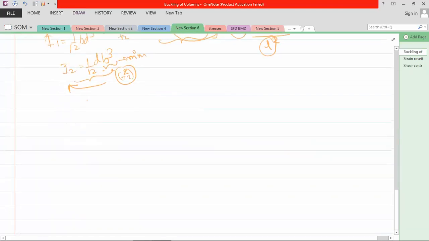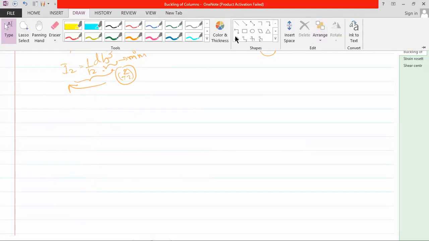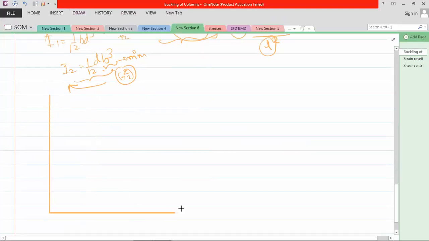So suppose I want to draw the P critical over its length. So these are your values. Suppose this is your graph, and what I want to draw is this: this is your P critical, and this is your length LE. Now, as we know, for Euler buckling, P critical is inversely proportional to length. That means it's a hyperbola. You can see that it's a hyperbolic equation.